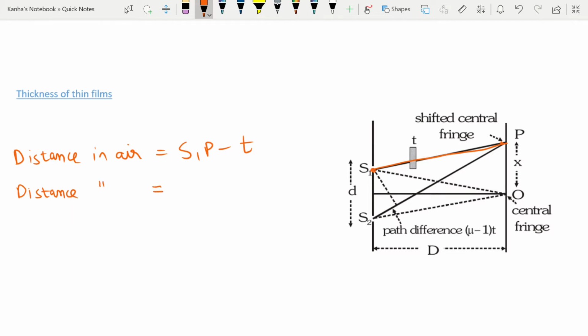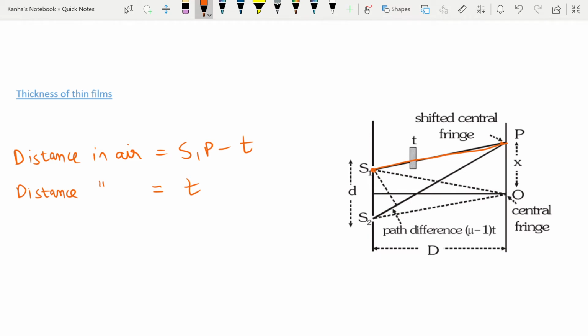I'm doing these derivations because just giving the formulas will not help, because you should know how to do this. In the actual questions they might either fill the entire system with a medium, or they might put both types of thin films in front of both the slits with different thickness and refractive indexes. So you should know how to approach these questions.